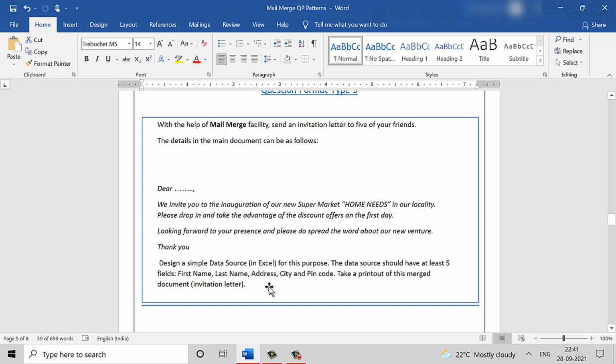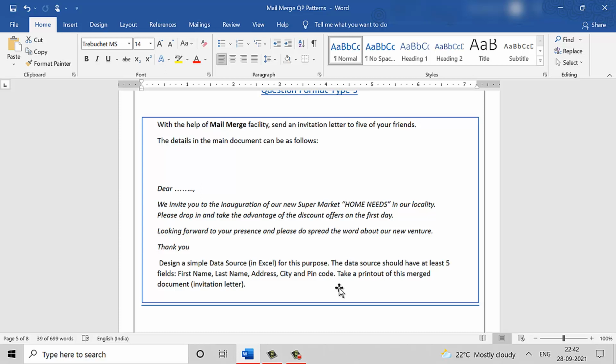The data source or the table which has all the fields is not specified. They've just given the field names, that is the first name, last name, address, city and pin code. So the understanding here will be that these are the 5 column names that will be created in the data source.